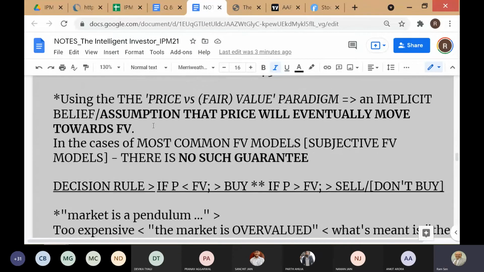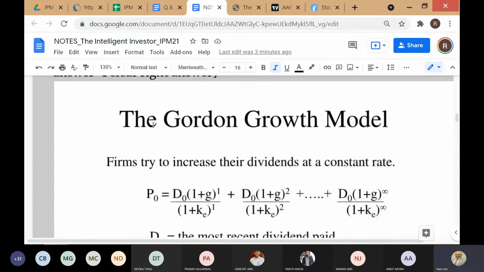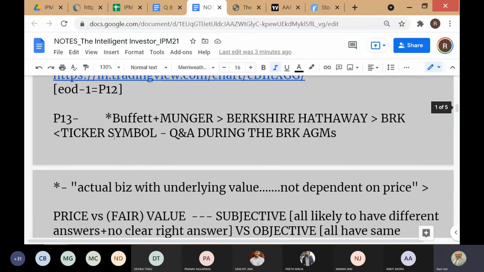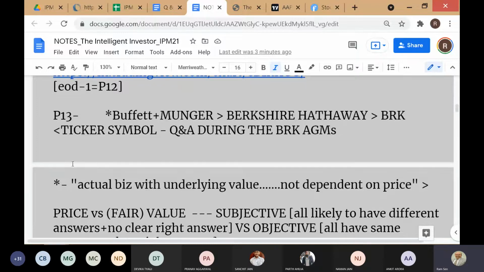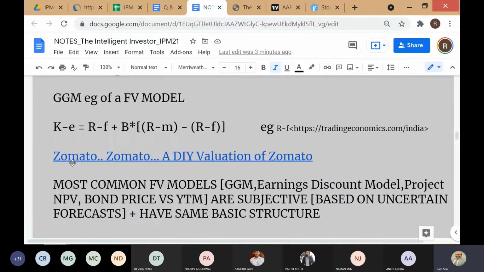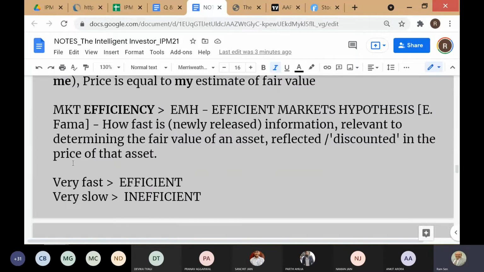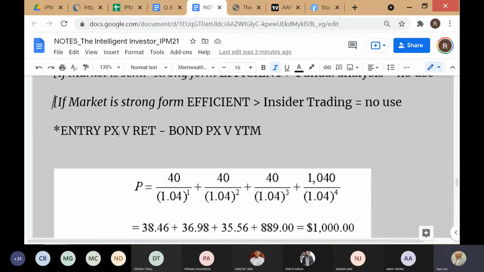All this relates to page 13. So if we have this page 13 here, then all the other points are related to page 13. Okay, so entry price versus returns, and the particular statement is